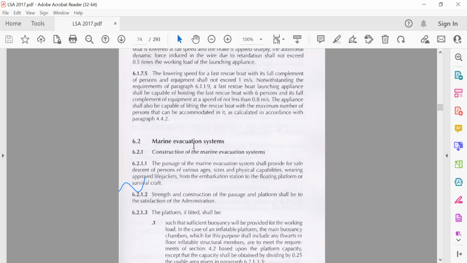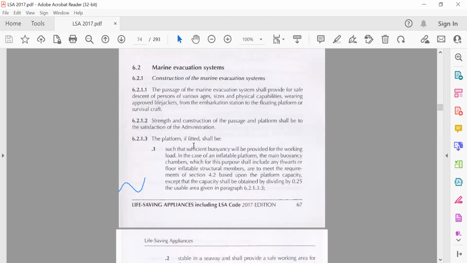FRC launching appliances. I will quickly go to 6.2. It says marine evacuation system. The construction of the marine evacuation system. The passage of the marine evacuation system shall provide for safe descent of persons of various ages, sizes, and physical capabilities, wearing approved life jackets,